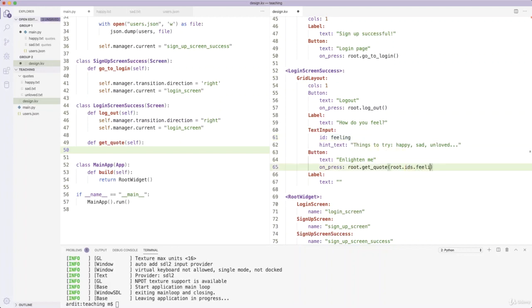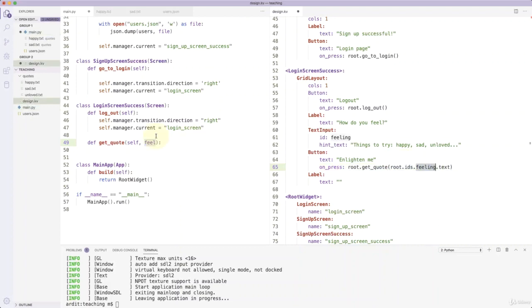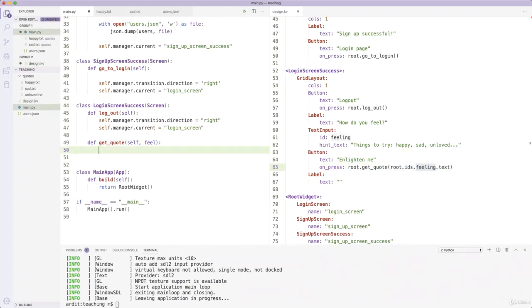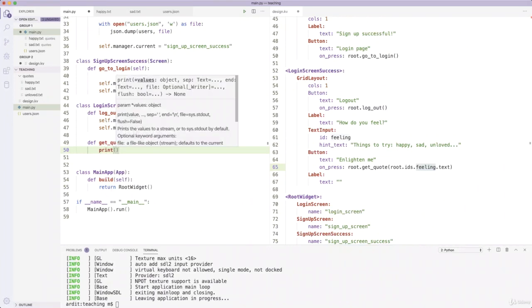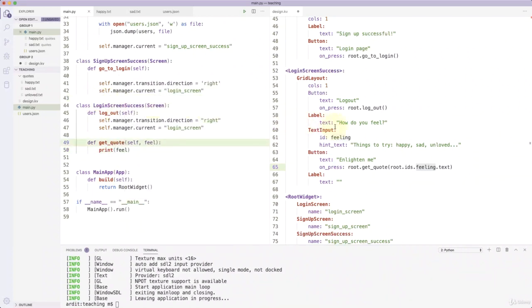We want to get the text of that text input, so that filling will go here. Let's just call it fill, not to be confused with the filling word. And the first thing we might want to do is, let's see if we are accessing the filling text correctly. So print fill, and make sure you save the